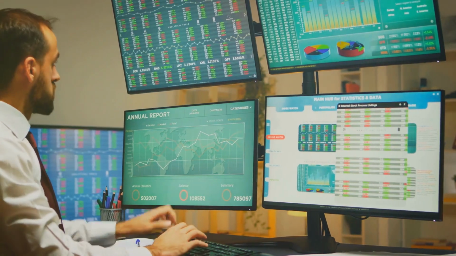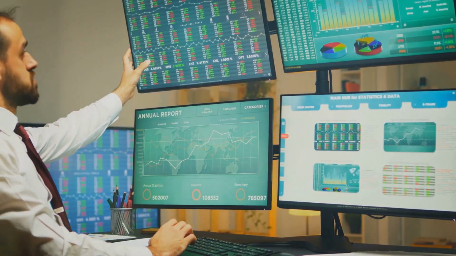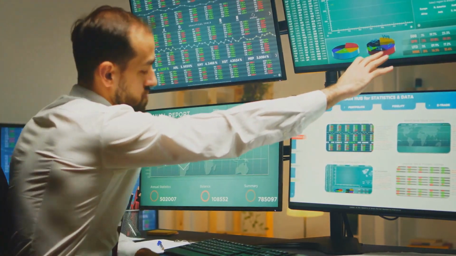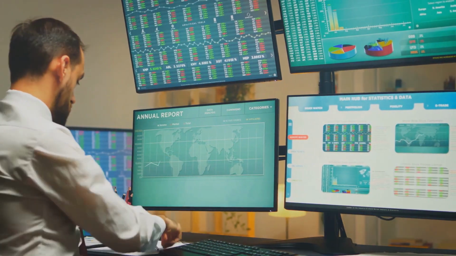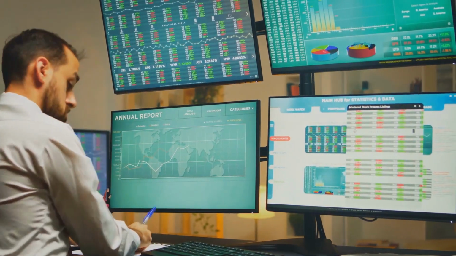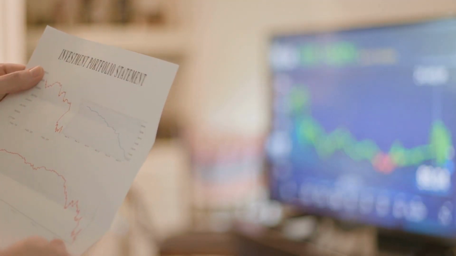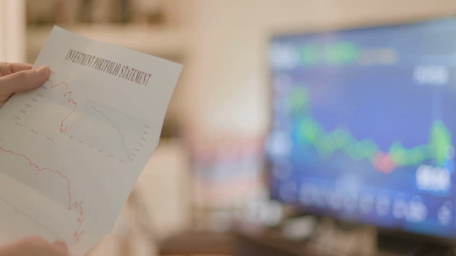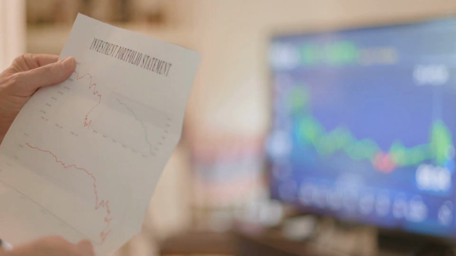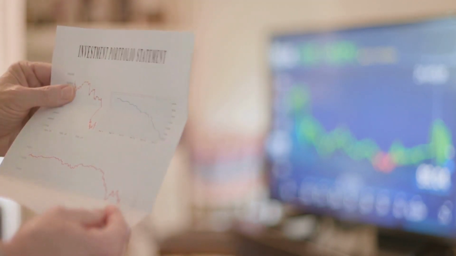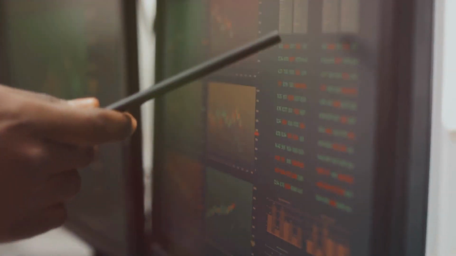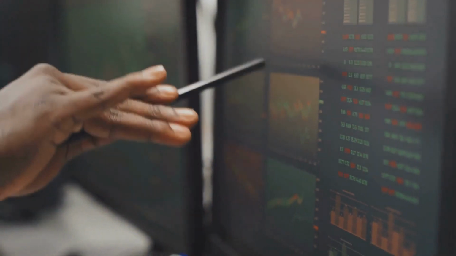On the other hand, technical analysis involves analyzing historical trading data to identify patterns and trends, which can help investors make informed decisions on whether to buy or sell a security. Portfolio analysis focuses on evaluating the overall performance of a collection of investments, such as individual stocks, mutual funds, or other assets. This type of analysis allows investors to assess how well their investment strategies are performing in different market